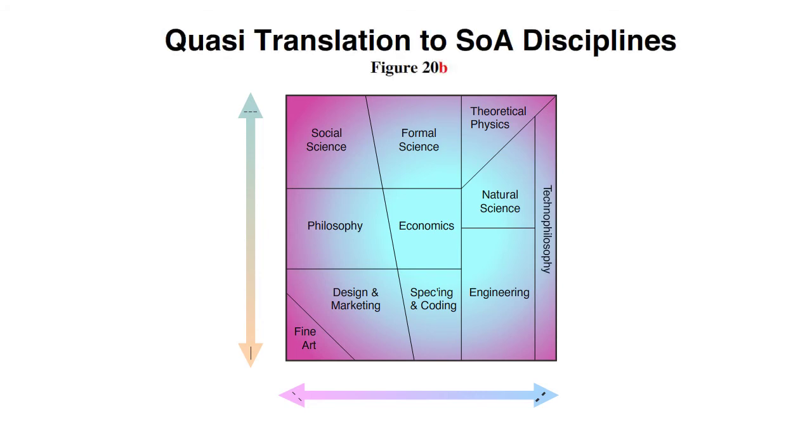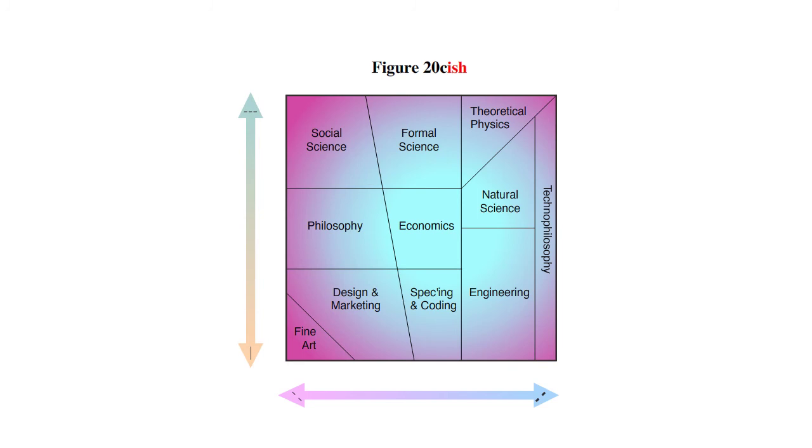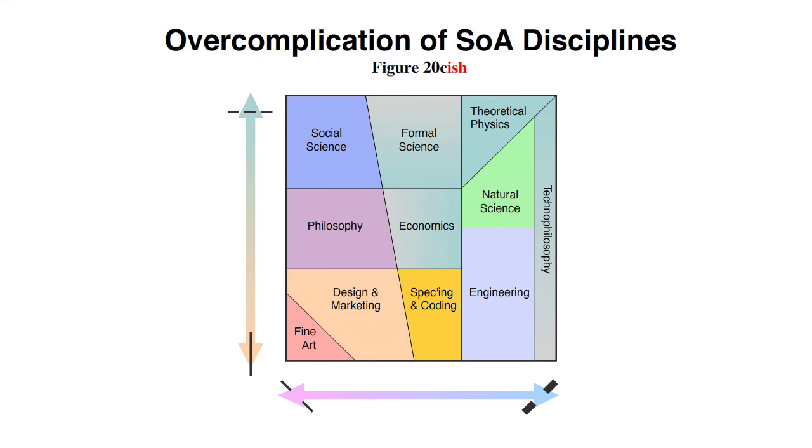This is figure 20B-ish because it excludes the axes labels and the legend that's in my book. It's an imperfect translation from Rich's model to my model, what I call the SOA, Science of Art, model. Figure 20C-ish is essentially the same chart, but with the fuzzy inward-outward colors replaced by the crisp colors for each discipline. These are 5 of the 6 core disciplines. The art discipline is oversimplified. The technology discipline is excluded because it doesn't translate. Design and engineering are not core disciplines because they stem from core disciplines. I say this figure is overcomplicated because my elements are not mutually exclusive, so the axes are misleading.